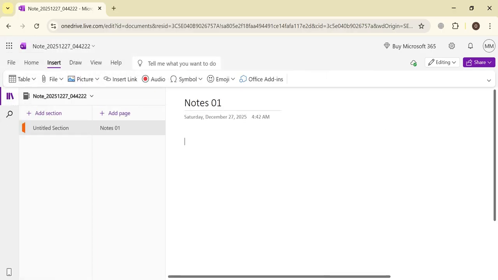So that's how basically you can use Microsoft OneNote to digitize your handwritten notes and important notes of your